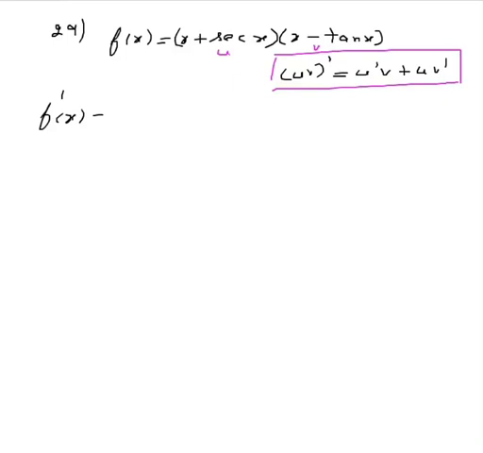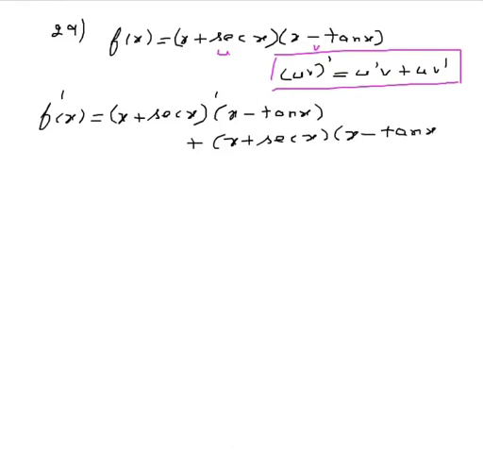Therefore, f dash of x is equal to u dash times v plus u times v dash. Derivative of x with respect to x is 1 and derivative of secant x is secant x into tan x